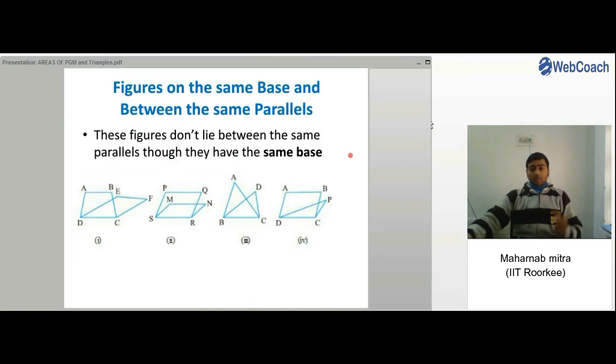And here are some examples where figures have the same base but they don't lie on the same parallels. Like for the first figure, if we draw a parallel line which is passing through AB, you can see EF is not lying